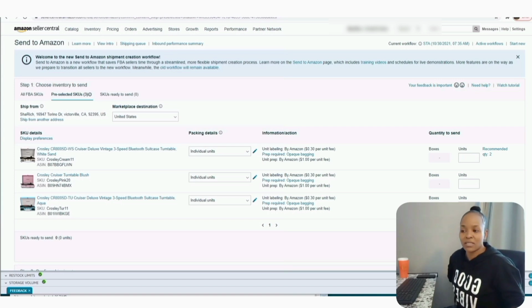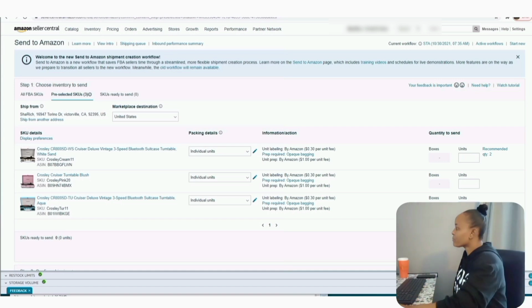What I did when I sent some umbrellas is I wrapped them in a trash bag and then I still used the poly bags, but that's how I was able to do that. But in this situation, I'm just going to throw them in the box and allow Amazon to prep them for me. So for prepping instructions, it's just telling you that you need poly bags